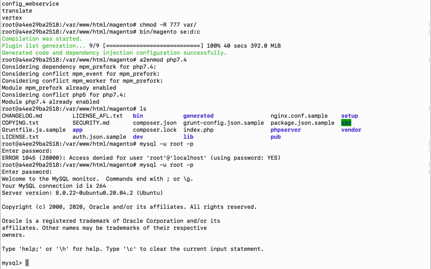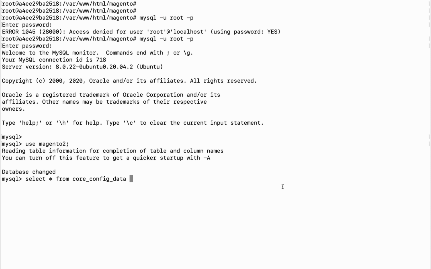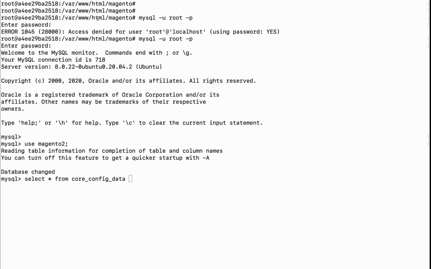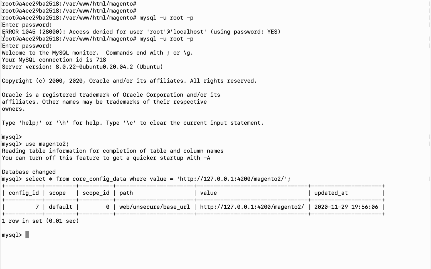I'm logged into MySQL. Now I will select my database, which is Magento 2, and in the database there is one table called core_config_data. In the core_config_data table, I will search for this value which is configured. You can see against config ID 7, this value is configured.